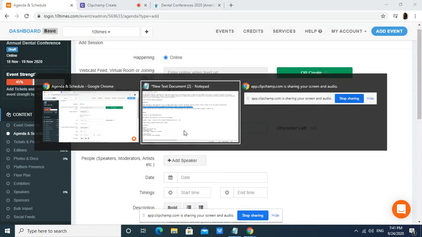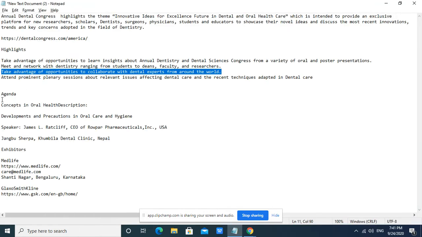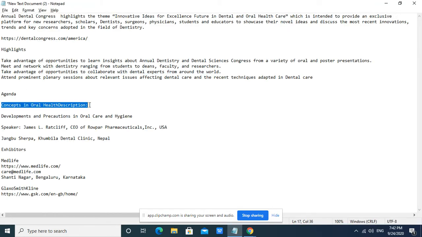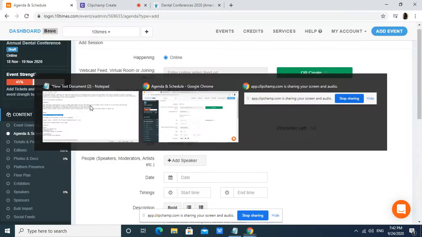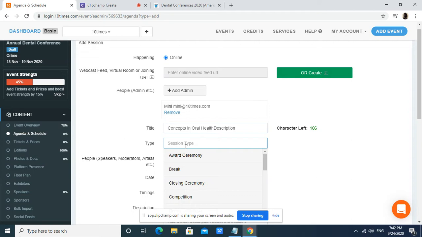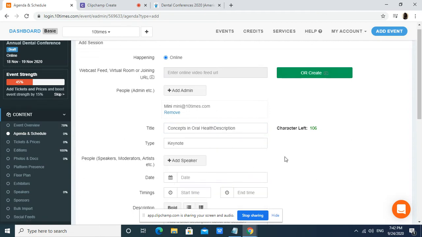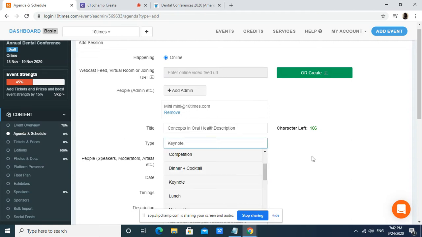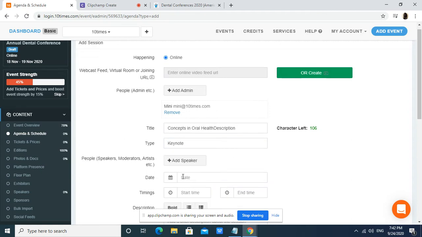Agenda title, type of the session, whether it's a keynote session or a competition session. There are multiple categories over here. You can select whatever is applicable.